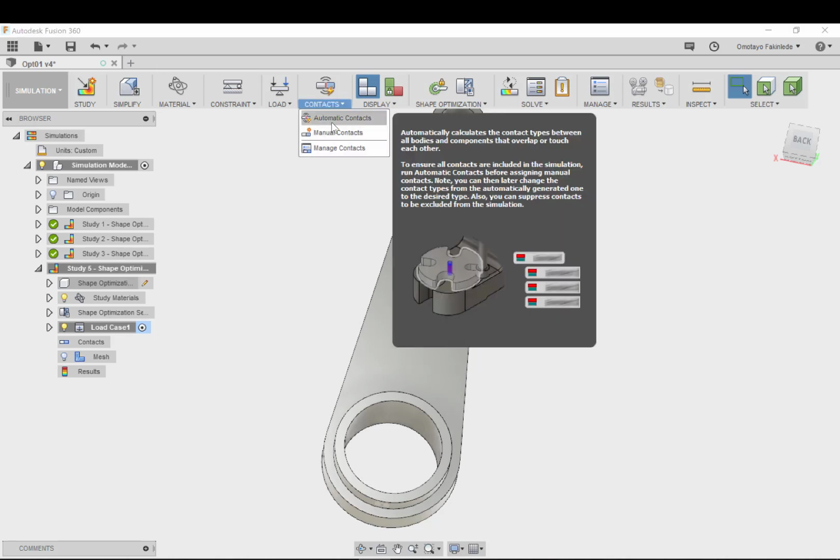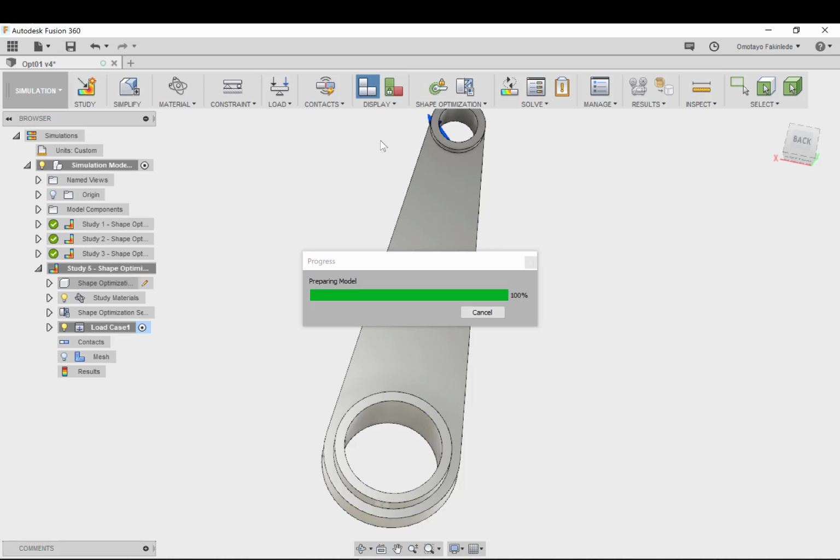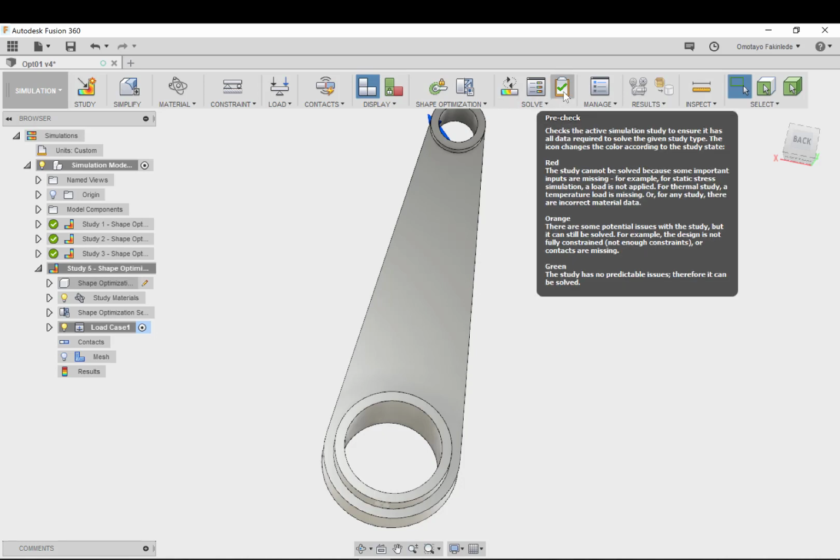So if we ask for automatic contacts, anything that is up to 0.1 millimeter in distance or less will be assumed to be in contact, so we can generate the contact. The contact generation is very fast, as you can see, and it gives us a pre-check of pass.